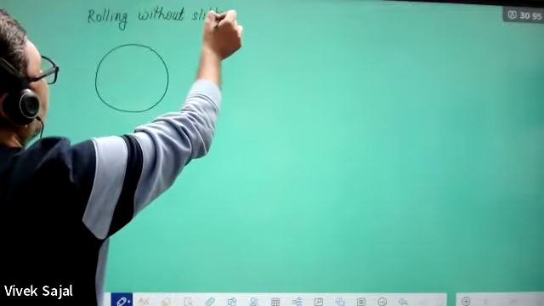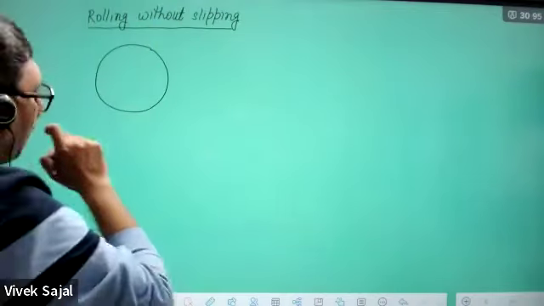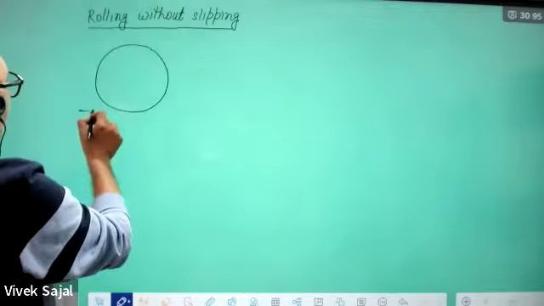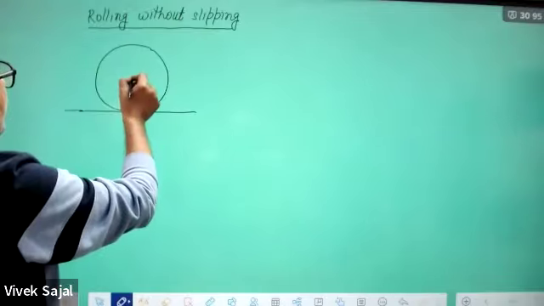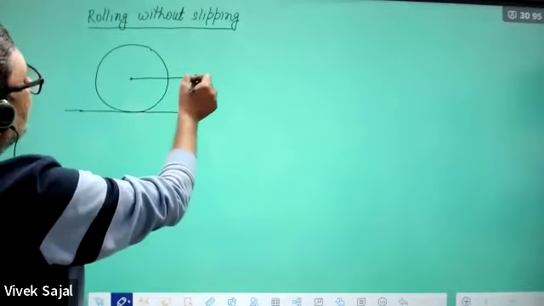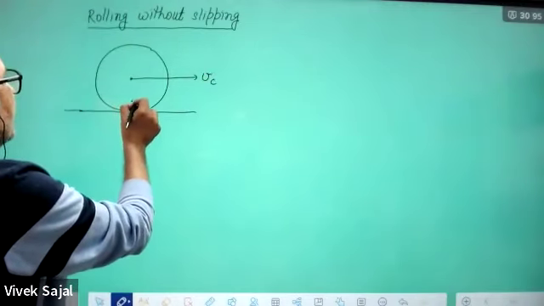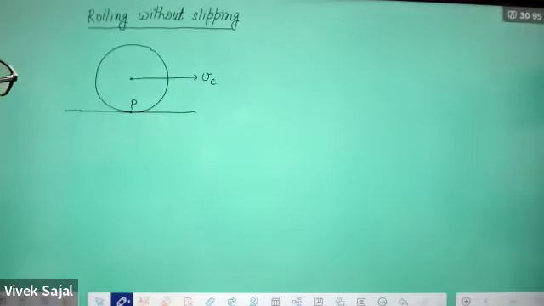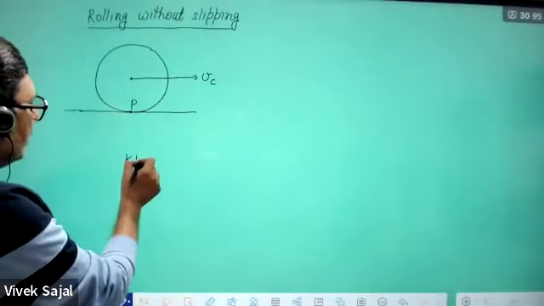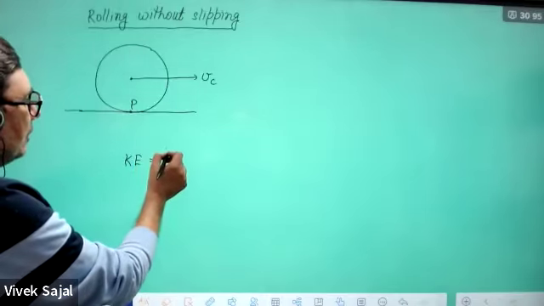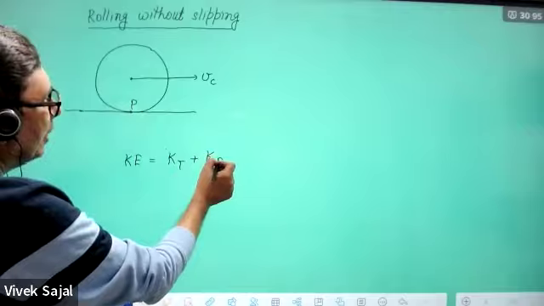This is rolling without slipping. Now, it is moving with a velocity Vc. This point is P. So you can consider what will be the kinetic energy in this case. So kinetic energy in this case will be equal to translational kinetic energy plus rotational kinetic